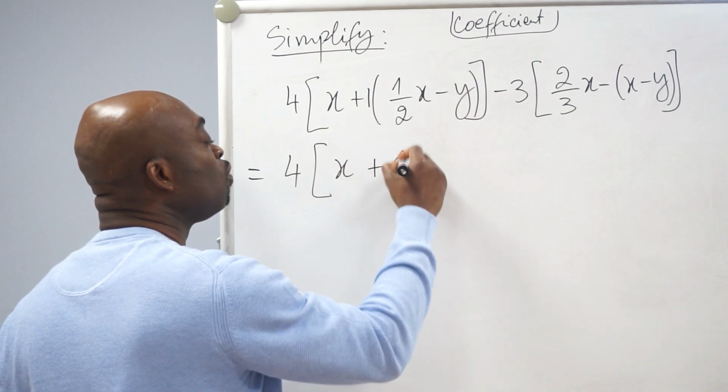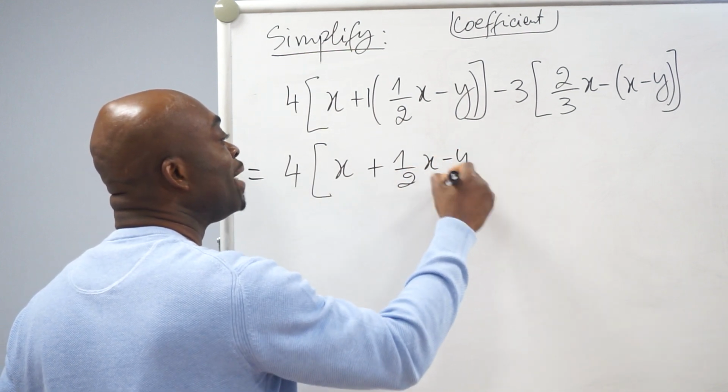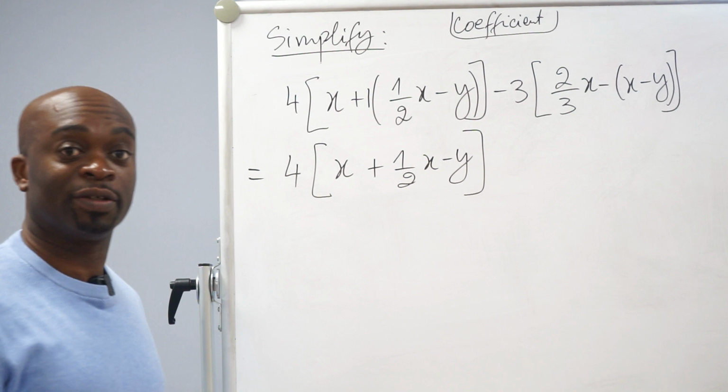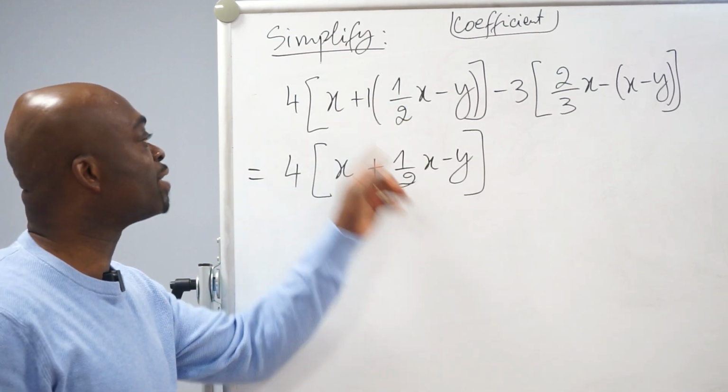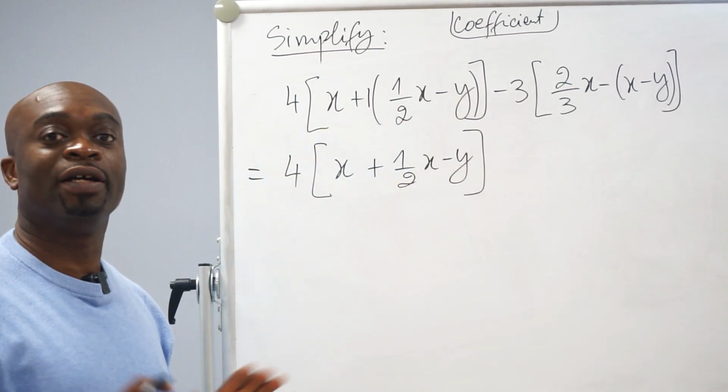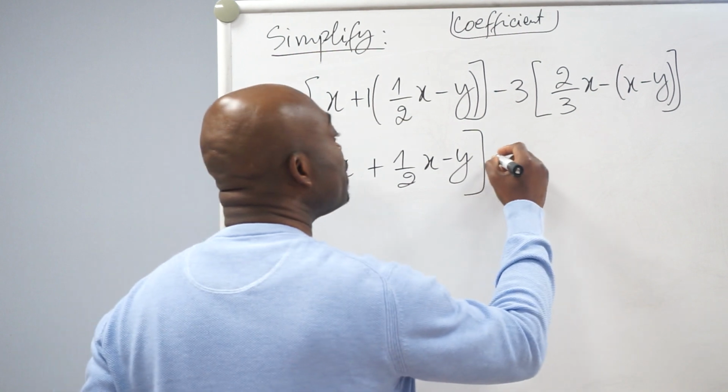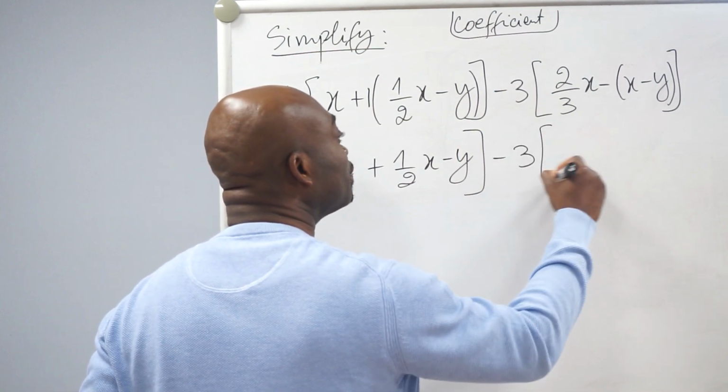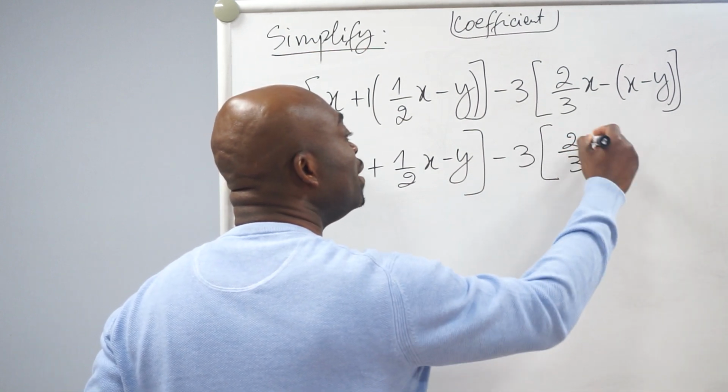So that would give us what? 1 over 2x minus y. So you are safe, because 1 times a half is a half x, 1 times negative y is negative y, and you're finished. Now you come here, you say negative 3, and then you have 2 over 3, then x